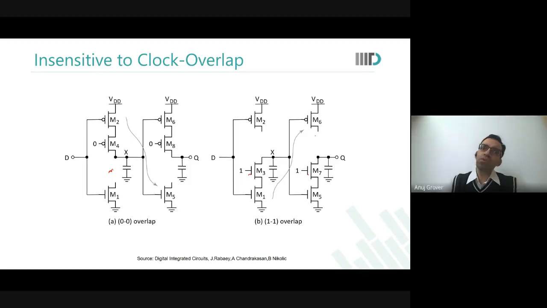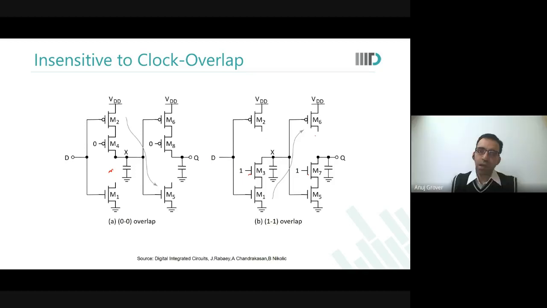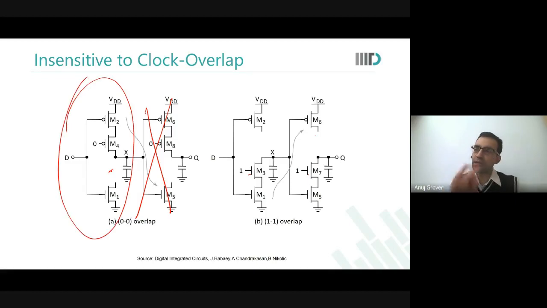So now the value at X would change. Right, I didn't want my X to change, because if X changes, then my output will also change. But this part will become opaque, the second part becomes opaque. The first part remains transparent in a flip flop. The first phase of the latch, the master, would remain transparent in the cycle, and the second part becomes opaque.